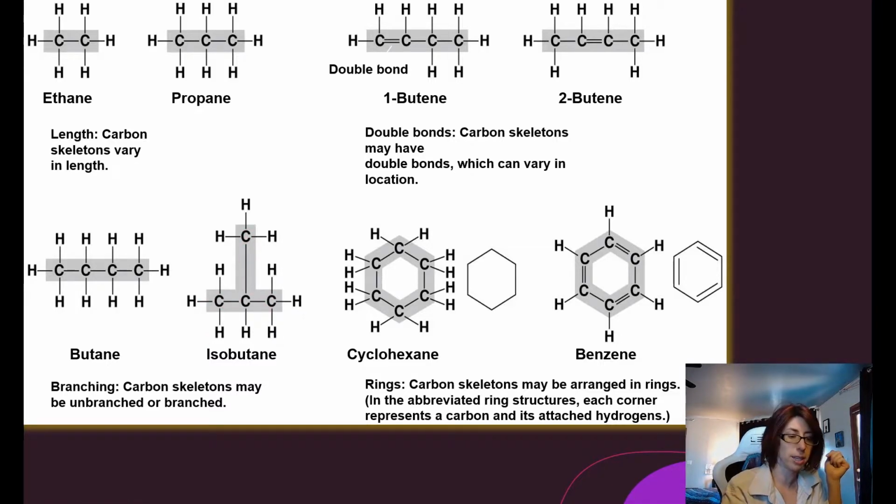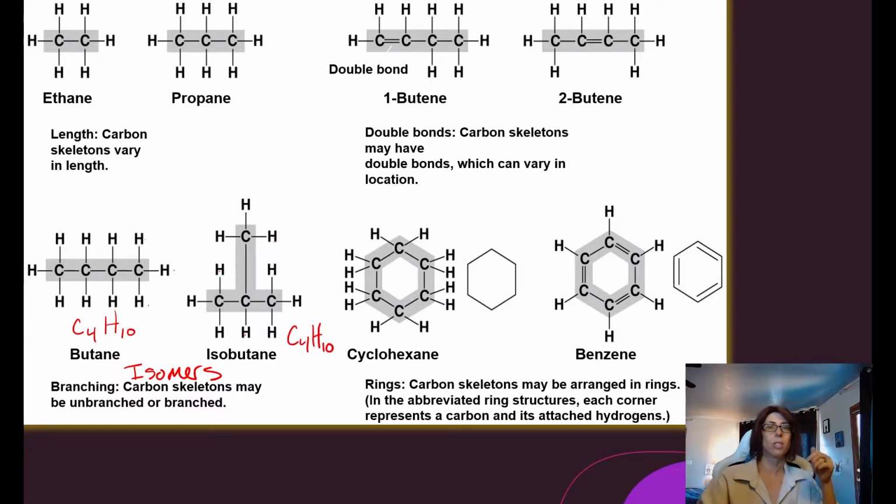Butane and isobutane, these are isomers because they both have the chemical formula C4. They both have 4 carbons, so C4, and then how many hydrogens? 1, 2, 3, 4, 5, 6, 7, 8, 9, 10. So H10. And is this one the same? 4 carbons and 1, 2, 3, 4, 5, 6, 7, 8, 9, 10. This is also C4H10. But you can see that the arrangement is different in these 2 molecules, which will give them slightly different properties. These are also isomers